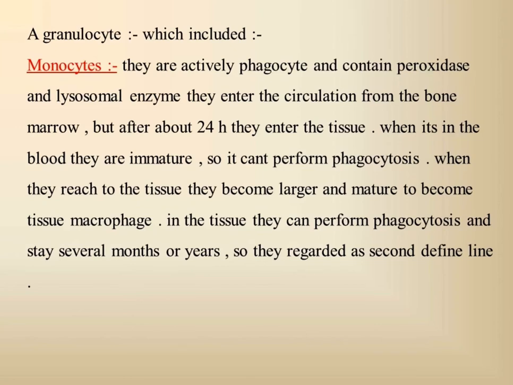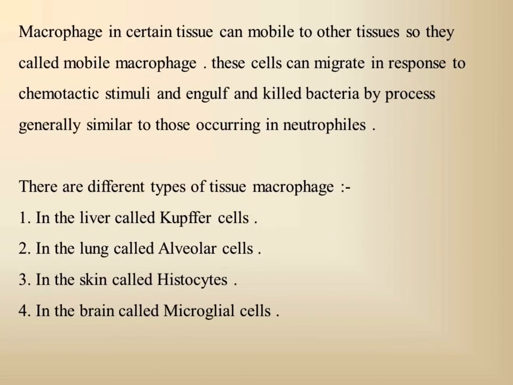So the monocyte is regarded as a second defense line, while the neutrophil is regarded as a first defense line. Macrophages in certain tissue can move to other tissue, so they are called mobile macrophages. This cell can migrate in response to chemotactic stimuli and engulf and kill bacteria by a process generally similar to